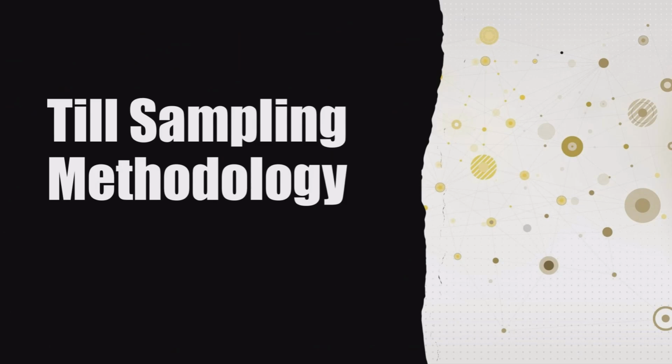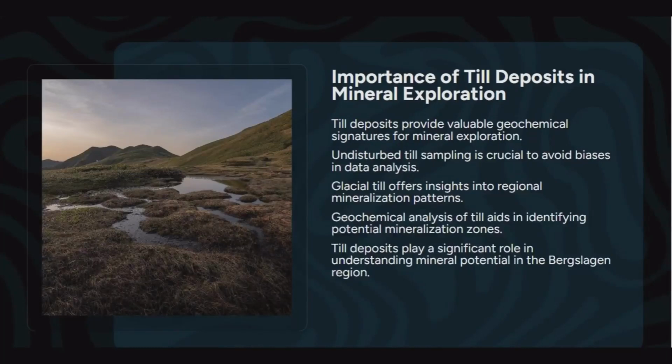As I mentioned, the main method is till sampling. It is a very important method in Sweden because the glacial tills are very informative. They provide a lot of regional information, and the geochemical analysis aids in